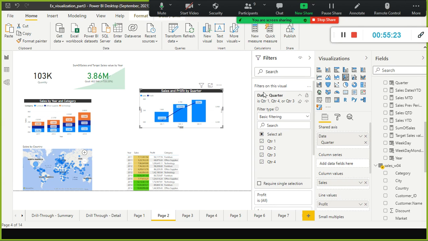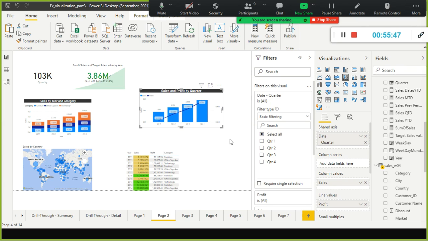This is called a visual filter. We are applying the filter on this visual. This filter is local, only for this visual. Okay, and I'll give you another example. If you don't want this visual level filter, I'll just clear this one.